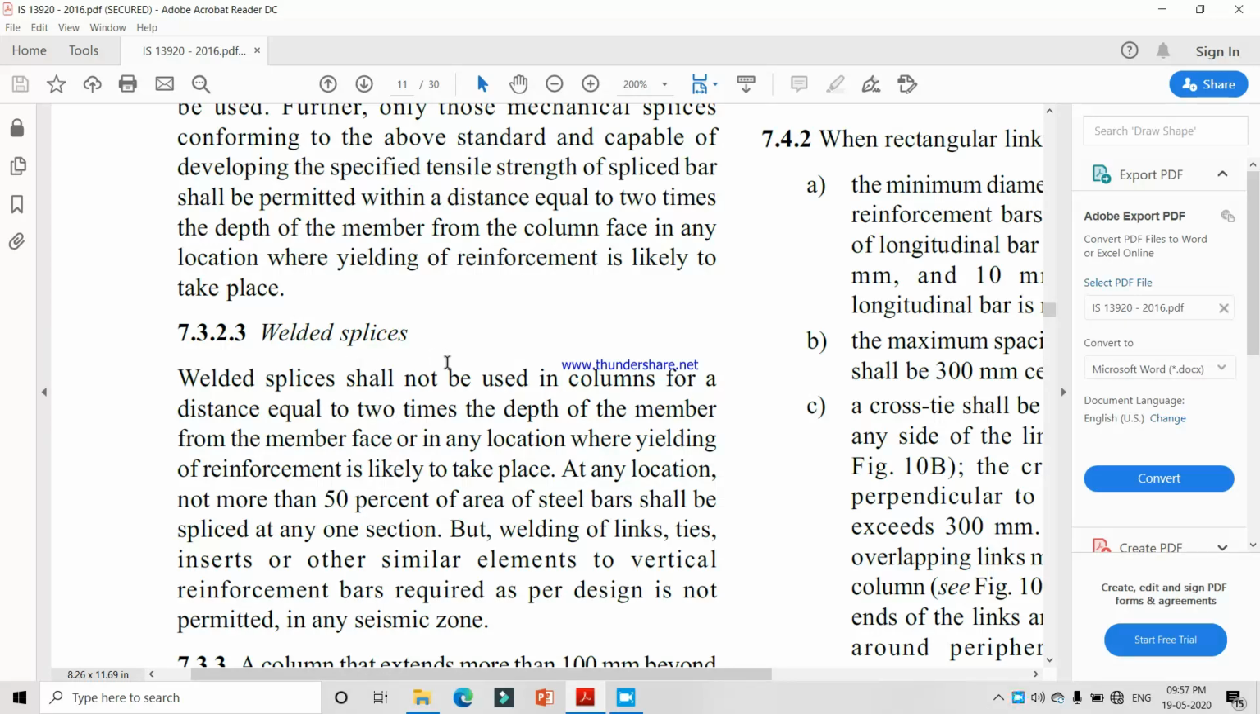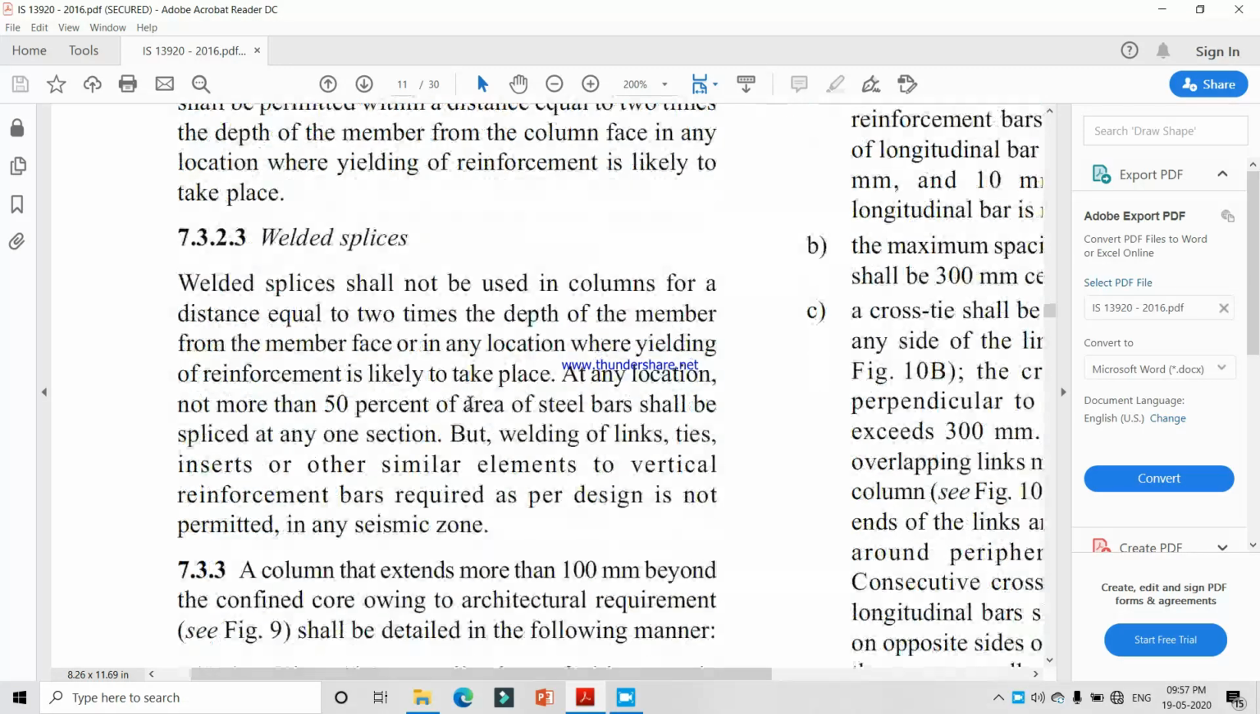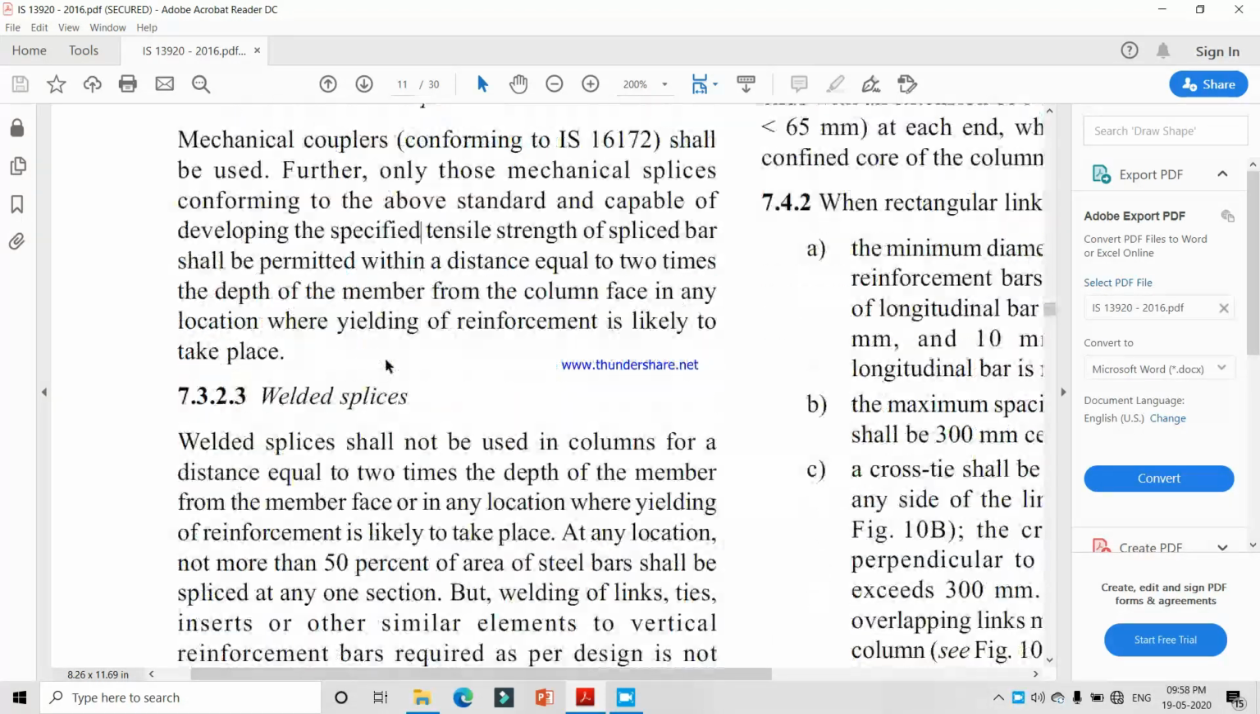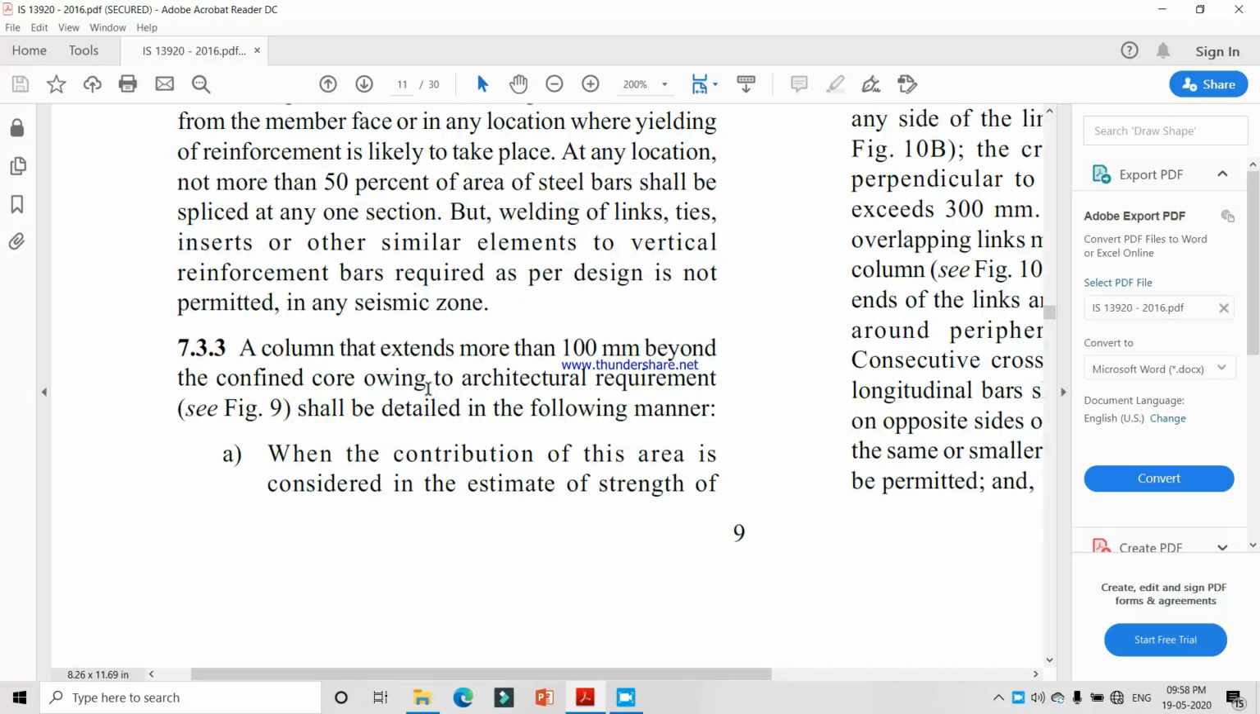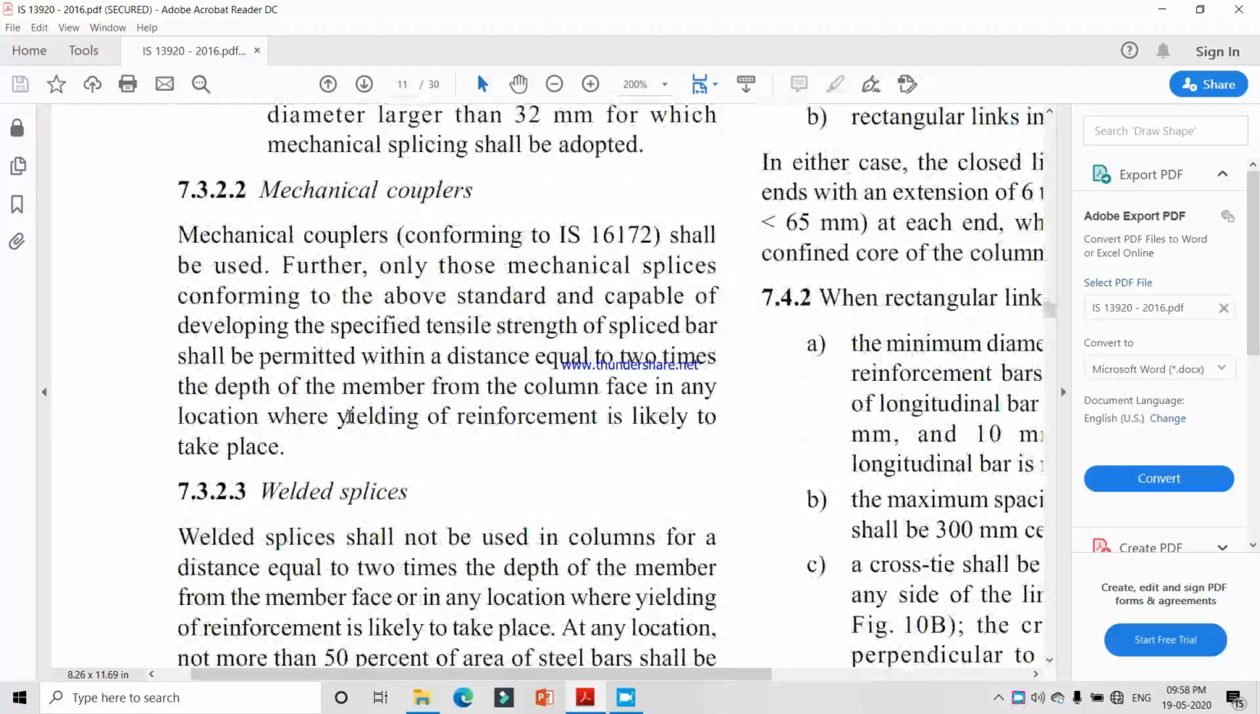Welded splices are not used in a column for a distance equal to 2 times the depth of the member, because for the column it is very less. So we always use mechanical couplers for the columns, and a minimum of 50% of the area is spliced at a single time. If any column is extended 100 mm for the architectural requirement, like this 100 mm,